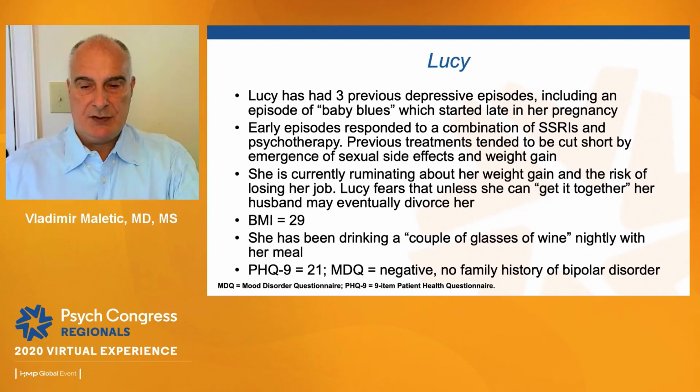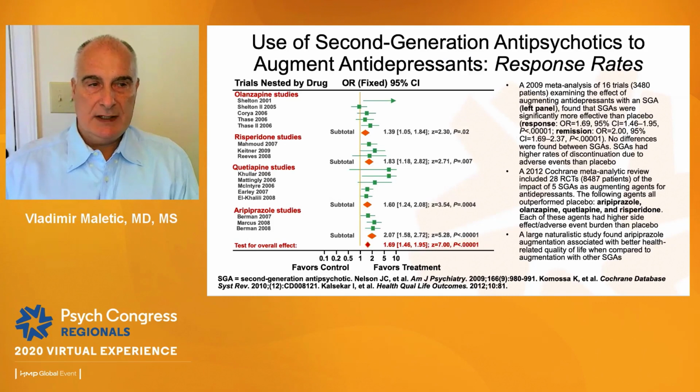She had no family history of bipolar disorder, so misdiagnosis is not an explanation for lack of efficacy of her treatment. What can be done now? As a reminder, STAR-D did not include second-generation antipsychotics. So might addition of a second-generation antipsychotic make a difference in Lucy's predicament? And here we indeed see that olanzapine, risperidone, quetiapine, and aripiprazole, there are other agents that have been studied since in major depressive disorders, so this is a little bit older analysis, they